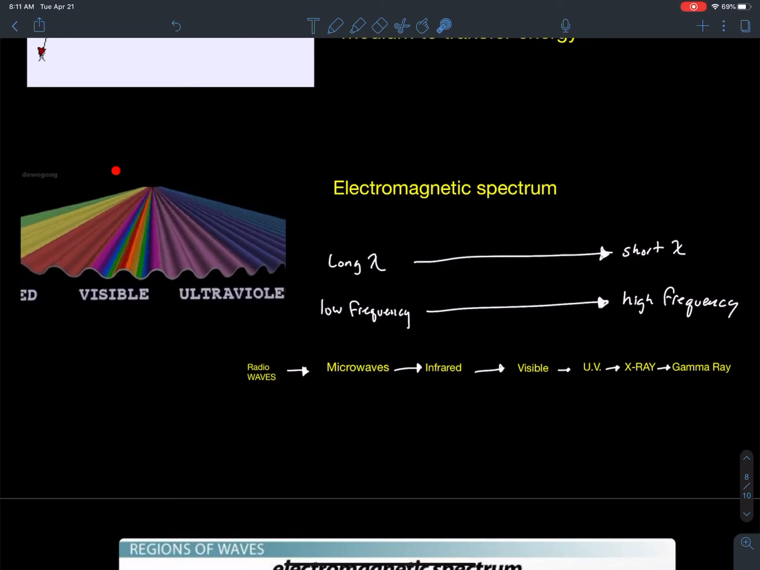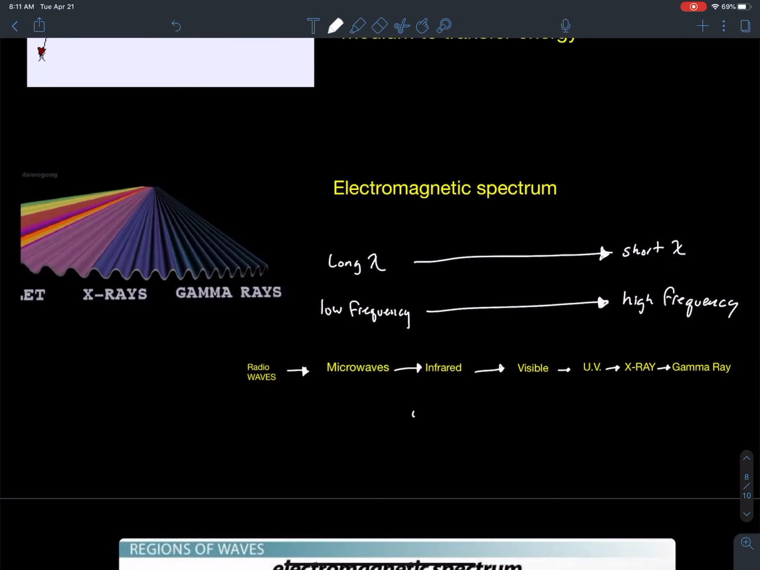So the longest wavelength electromagnetic wave would be radio waves, on the order of meters. And then after that, you have microwaves, infrared radiation, visible light, UV light, X-rays, and gamma rays. Gamma rays have the smallest wavelength, and what we should know from the wave equation, which looks like this,